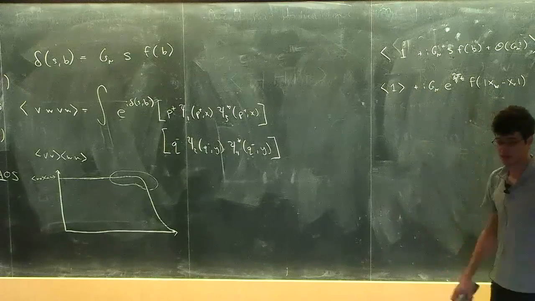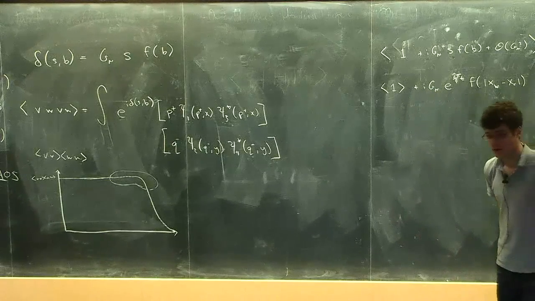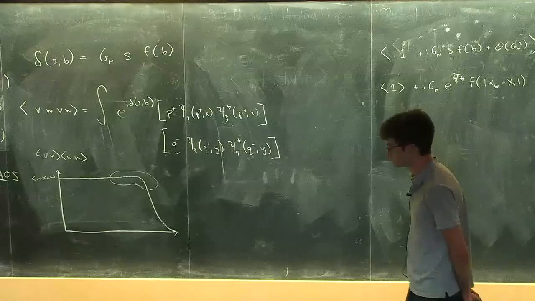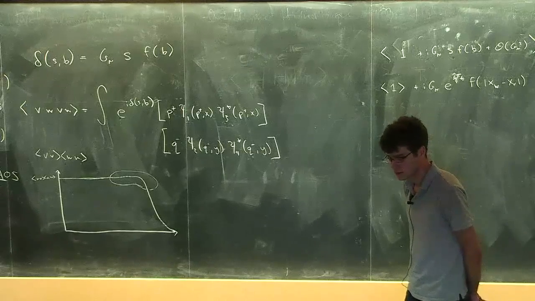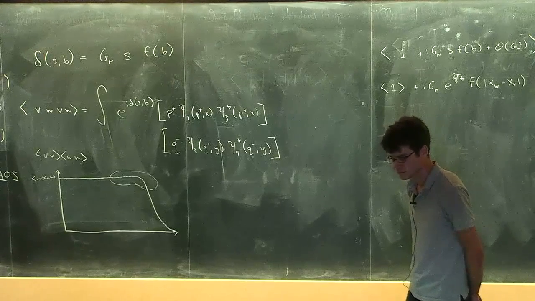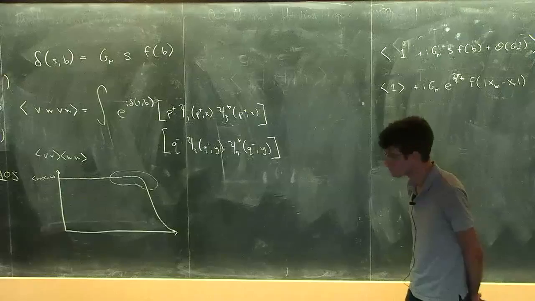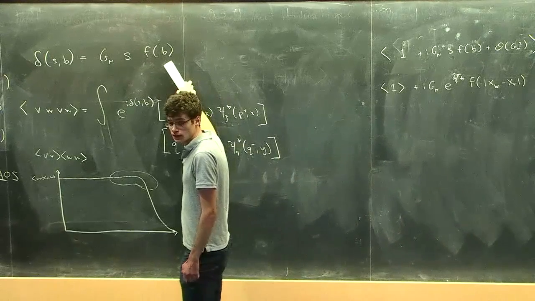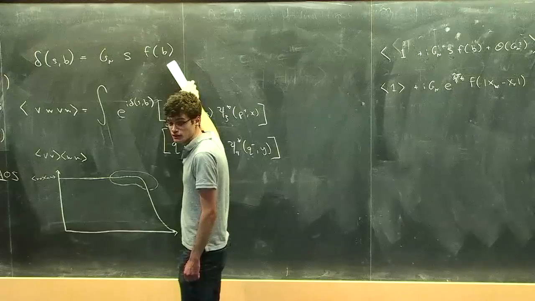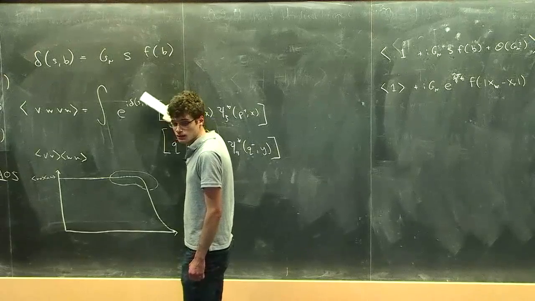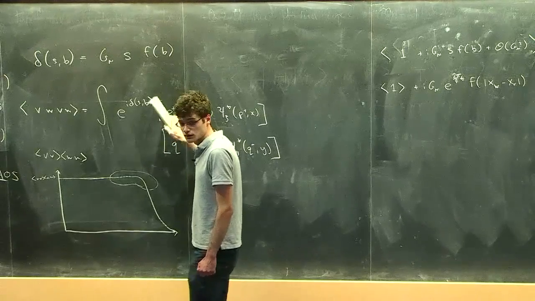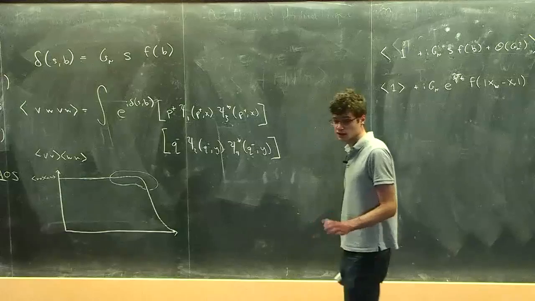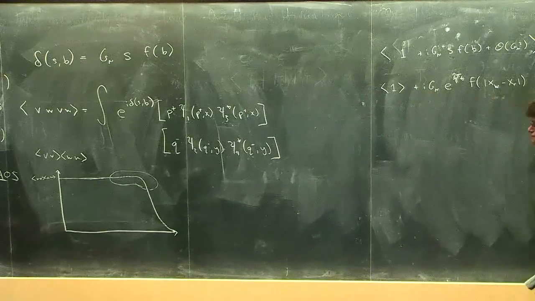Excuse me. You wrote this exponent as delta of s comma t. Isn't it just s times some function of b? Right. That's what this is. So I put in here the answer in gravity. I'll discuss a little bit the behavior of this thing in string theory, where it's not exactly decoupled between s and b. Thank you.